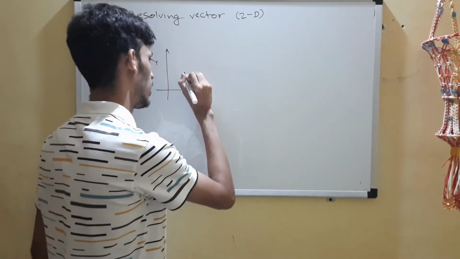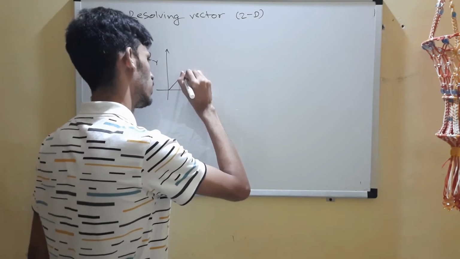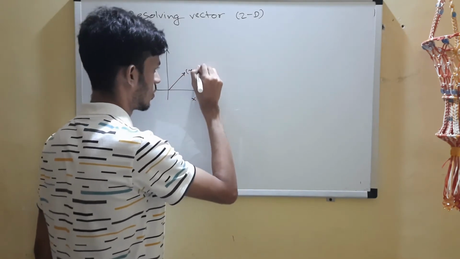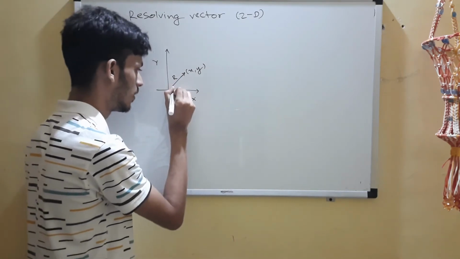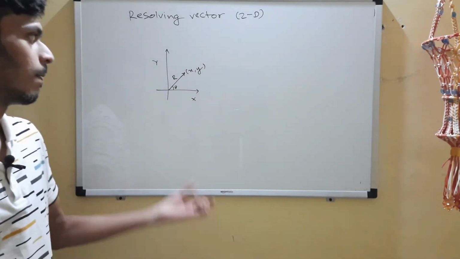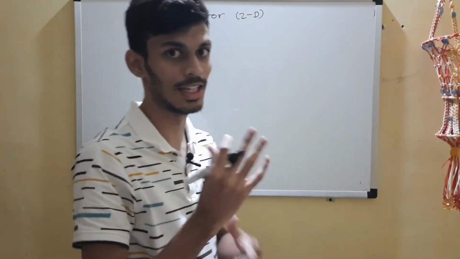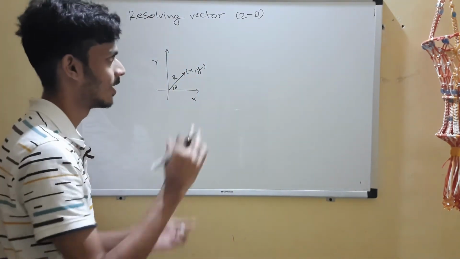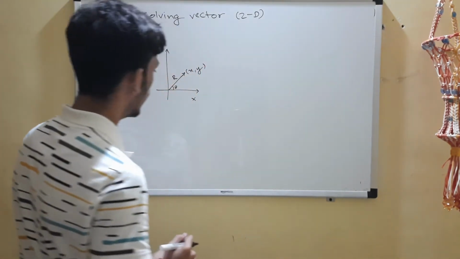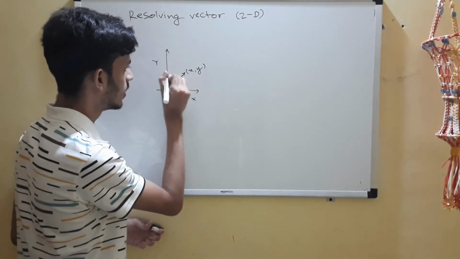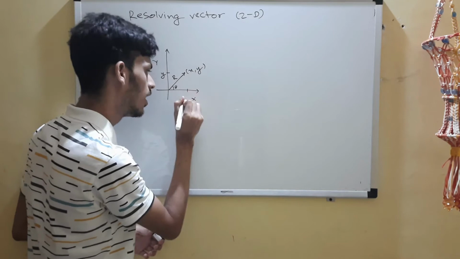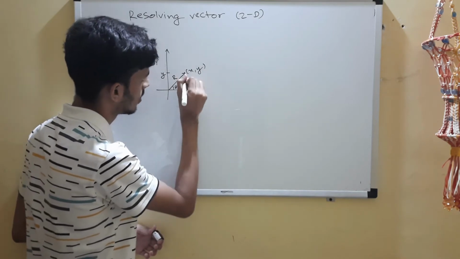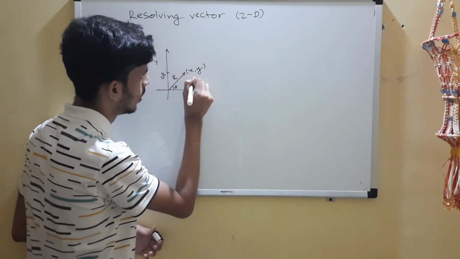Now we have that vector with coordinates x comma y, and this is that vector r. Let's assume that this angle is theta. If we know this angle, we can decode a lot of things, and you'll realize it now. This is y, the distance on the y-axis. The distance on the x-axis is x.